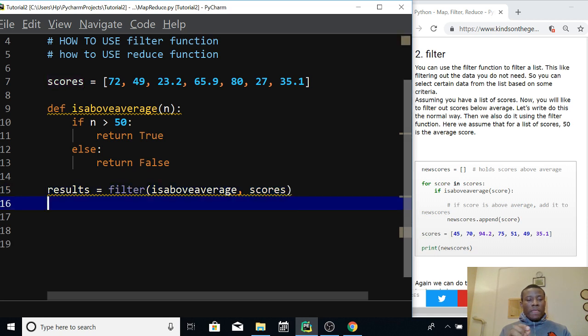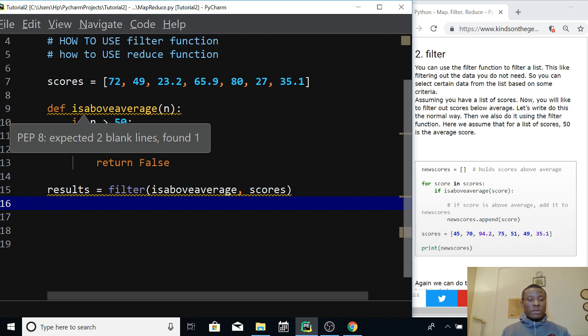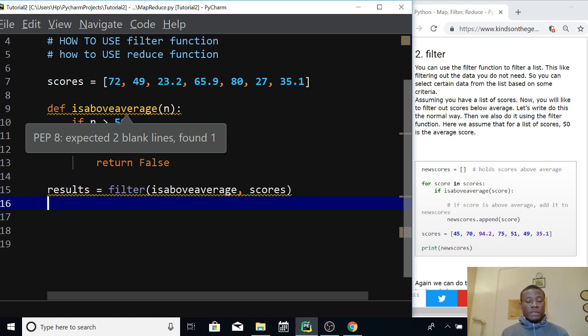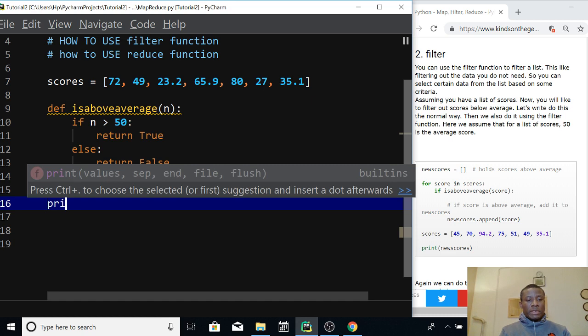Alright, so now if I print out the results, it's going to give me the numbers that are above average. So basically what happens is it applies is_above_average to each of them, and if it passes the test, it's going to return that data in a set. So if I print the results,